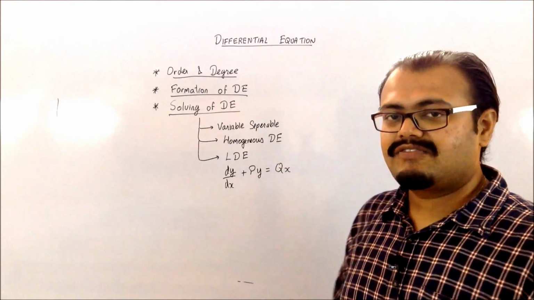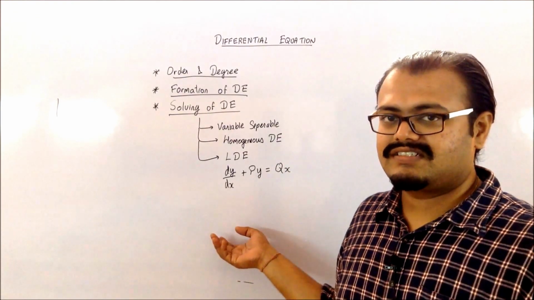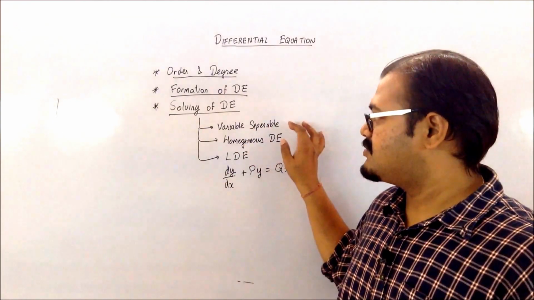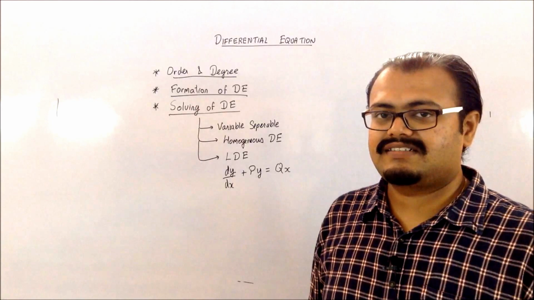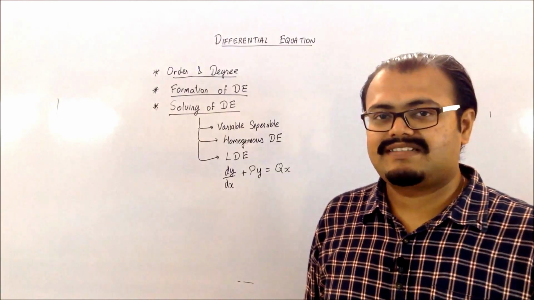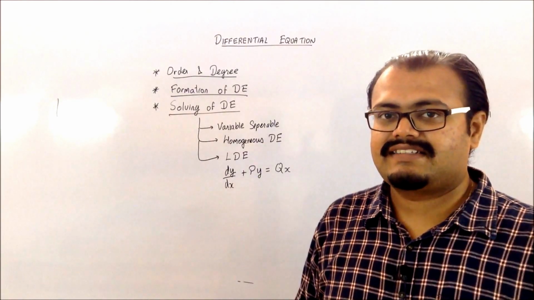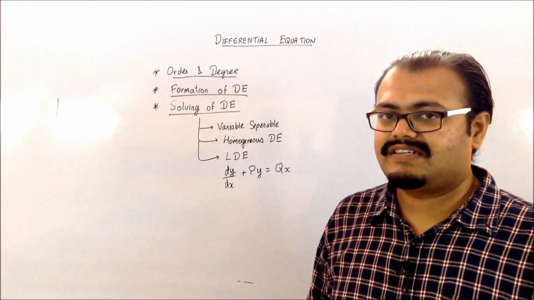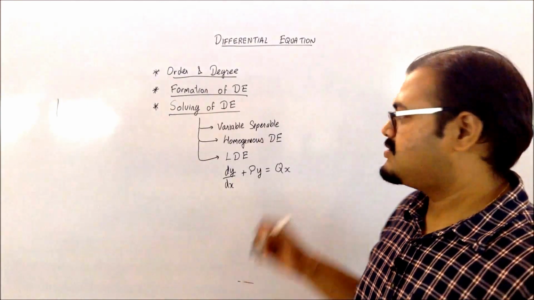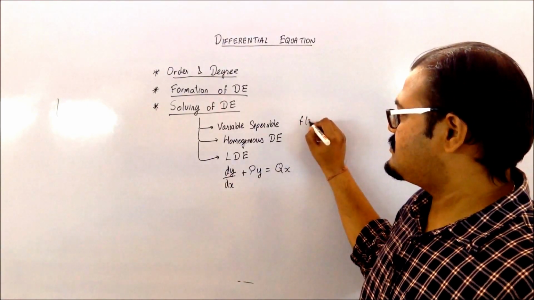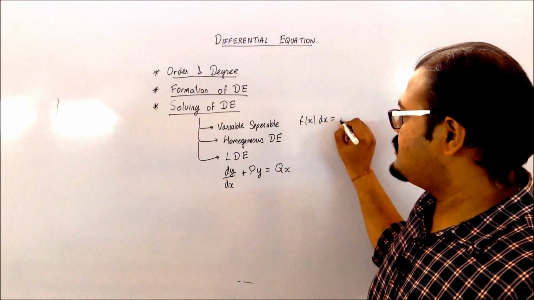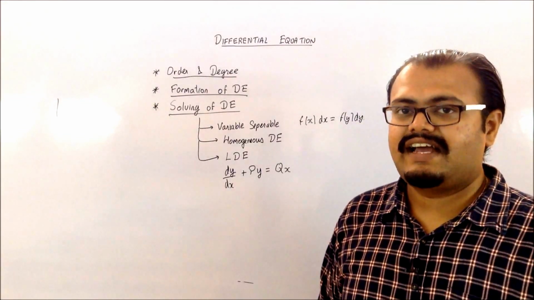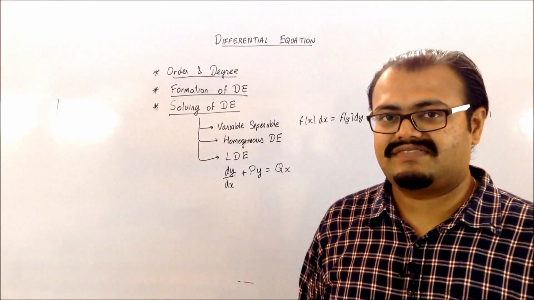Next one is solving of the differential equation. This part forms the main thing, like most of the questions will be asked on these. So in solving of differential equation, mostly the questions will be based on the first type, that is variable separable form. So variable separable means the terms in x and terms in y can be separated out and they can be given to my dx and dy. So basically what you have to do is bring the equation in the form f of x dx equals f of y dy. Once you get this, you will integrate both sides and then that will be the solution of the differential equation.